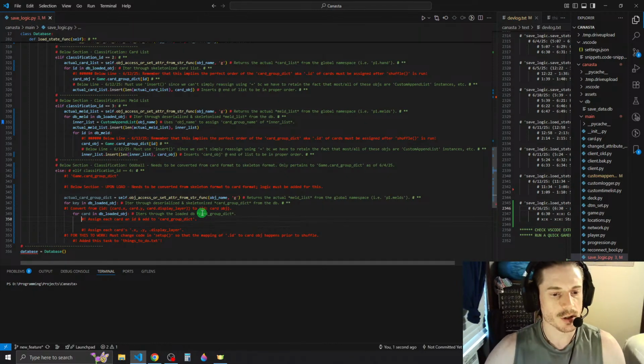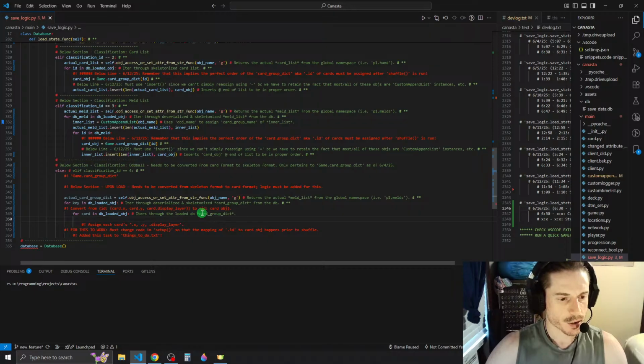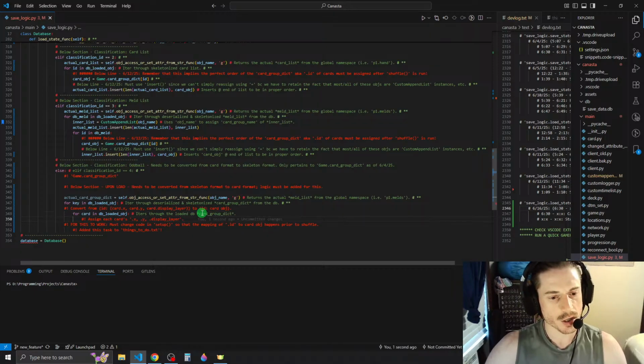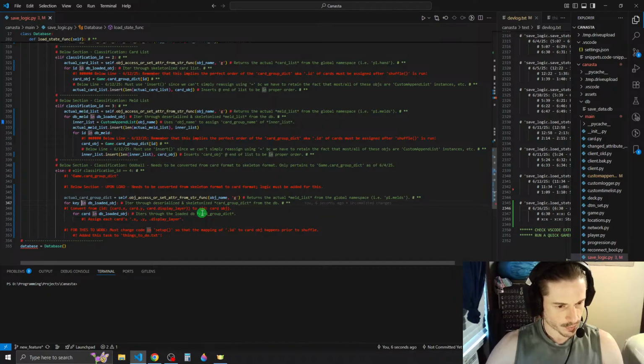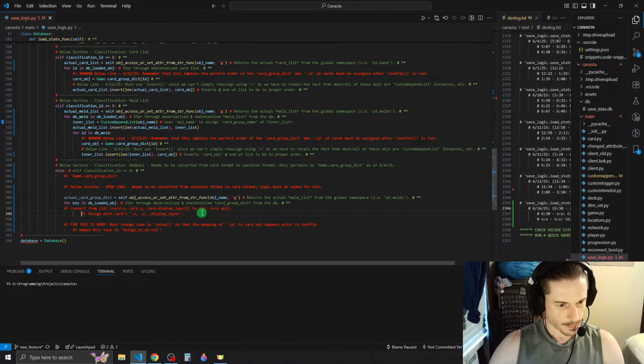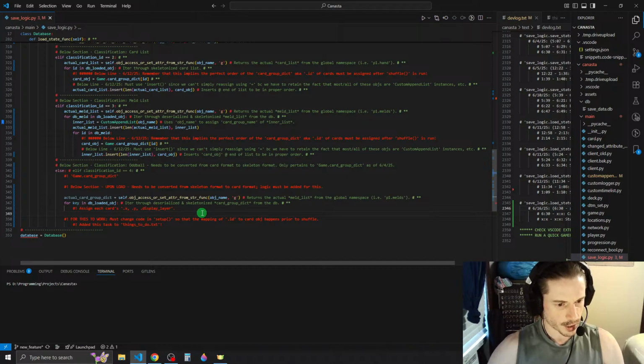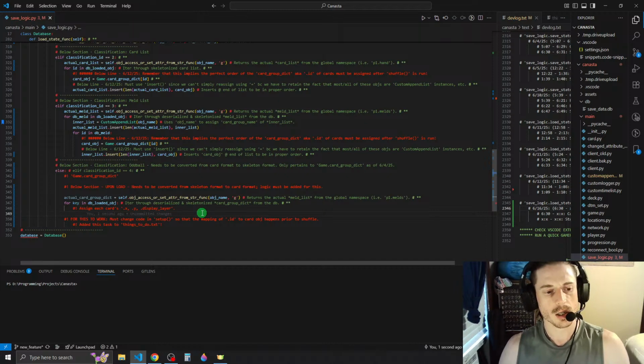Yeah, we don't actually have to do that. That's already done. So what we really have to do is assign each card's XY display layer. So for each key in DB loaded object. Yeah, I already had that. And we need to assign each card's XY display layer from the tuple. So that would be done like this. We'll say for key in DB loaded object,